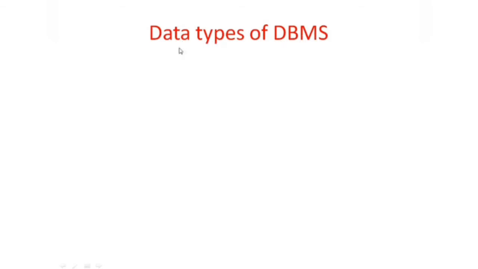let us know what the data types are that could be taken into consideration as far as DBMS is concerned, just like programming data types. So first is integer, which can hold a whole number without fraction. Sometimes you can have fraction values as well. We'll go with single and double precision values, right? Suppose you are entering marks of a student, or you are going to calculate the average of a student. So the data type will be integer.